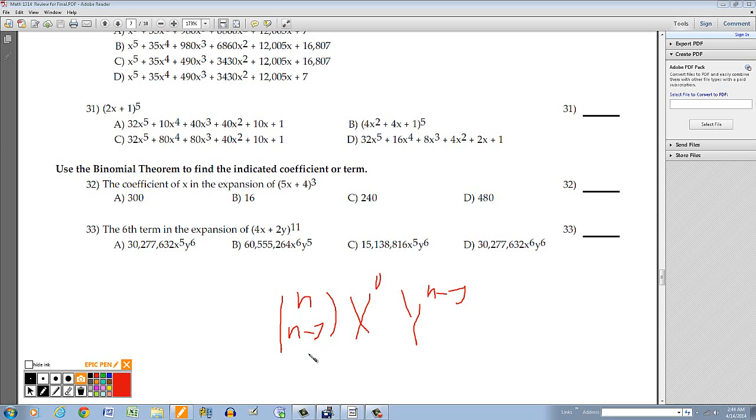If you want the x sub j term, this is a j here. You can get it by writing the terms of the expansion, which in this case are 5x and 4. The 5x would correspond to the x here, and the 4 would correspond to the y. So if I do that, then